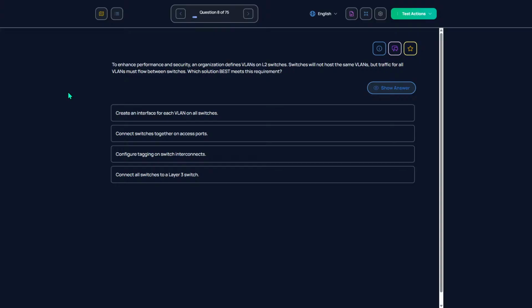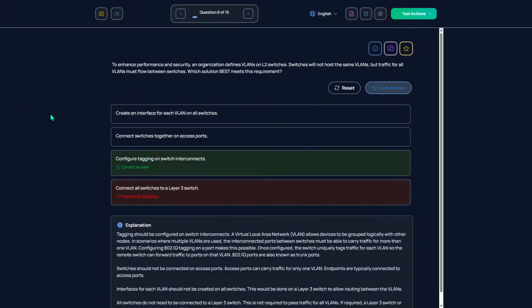To enhance performance and security, an organization defines VLANs on L2 switches. Switches will not host the same VLANs, but traffic for all VLANs must flow between switches. Which solution best meets the requirement? Create an interface for each VLAN on all switches. Connect switches together on access ports. Configure tagging on switch interconnects. Yeah, this is just one of the ones I have no clue. Configure tagging on switch interconnects.